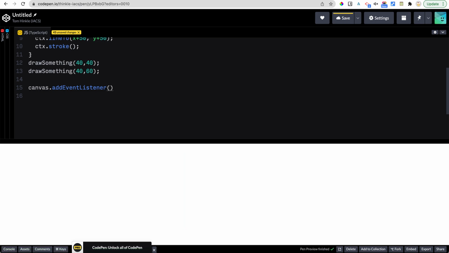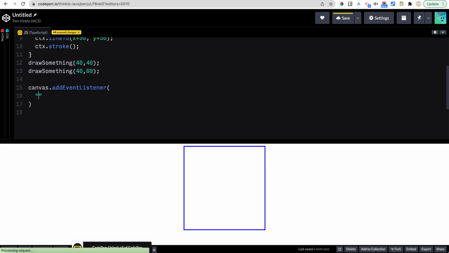Now I'm just working in CodePen for this quick demo, which doesn't autocomplete, but in Replit you'll get nice autocompletion here. It takes in quotes, so a string, the name of an event. I'm going to start with a click, which is what happens when you click the mouse. And then it takes a function to run